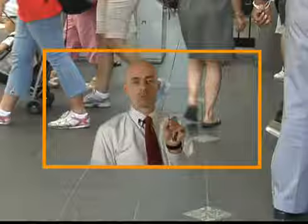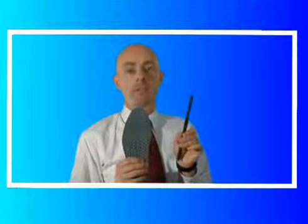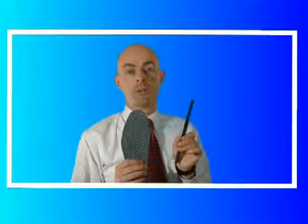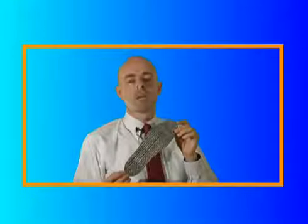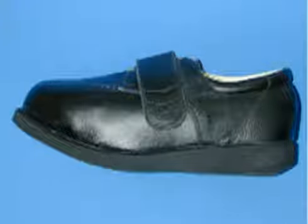In the old days, they used to add steel shanks to the midsole of the shoe, and that would certainly make the shoe more rigid. Nowadays, it's possible to use carbon plates. These can be placed underneath the insole, and they have the advantage of being transferable across many pairs of shoes. By using a thin carbon inlay, you get to try the device inside the shoe and see if it works for the patient. In addition, it's good to put in a rocker sole to the shoe to aid in toe